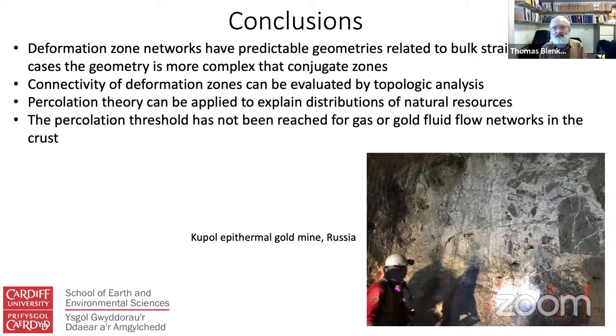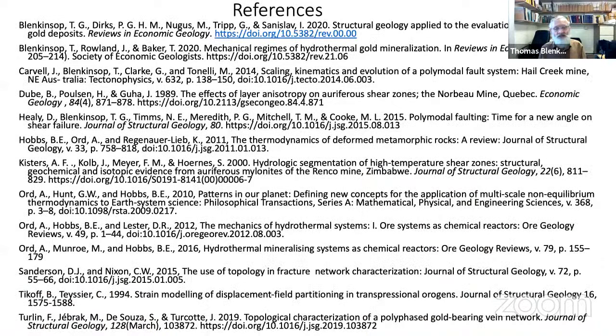Topological analysis, the analysis of branches and their connectivity and intensity, is a promising approach which we can certainly apply if we have detailed maps of fracture or mineralized networks. And then the more speculative part of the talk, in which we attempt to use percolation theory to understand distributions of natural resources. So I'll leave it at that with some references there to the main papers which were quoted,